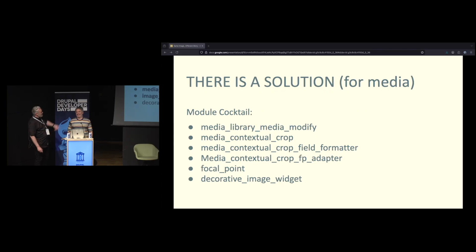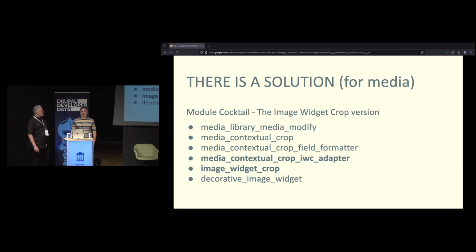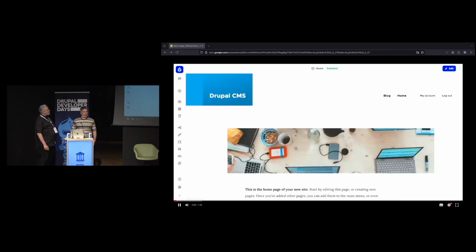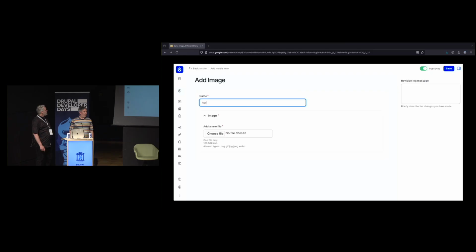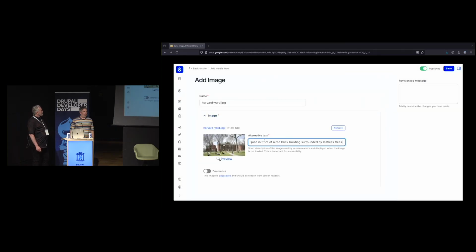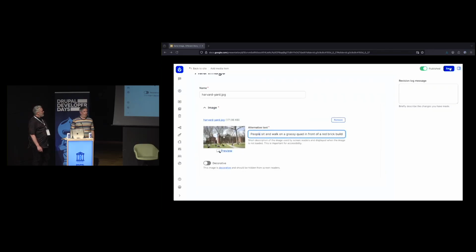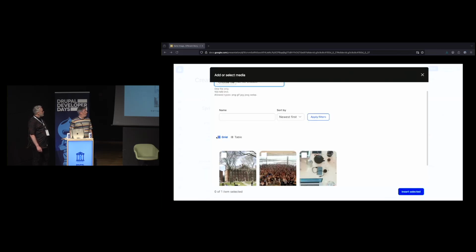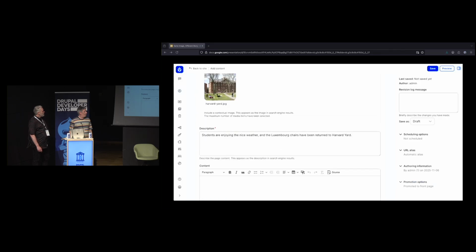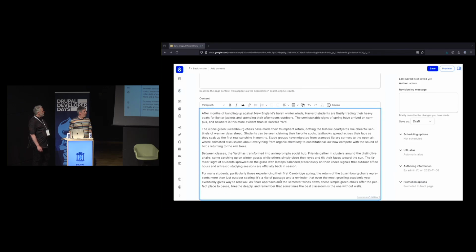Yeah, so the difference obviously is you've got contextual crop, focal point adapter, and then this one uses image widget crop adapter. So, yeah. But the demo now becomes a bit different when you install all those things and you stick in your image. That's a very literal alt text, so that when you're in your image library, image editors can actually see that and understand what the actual description is. And then when I choose that, when I write my article,